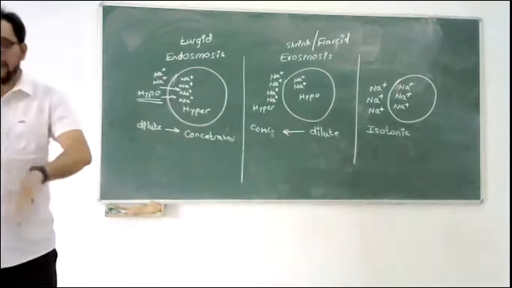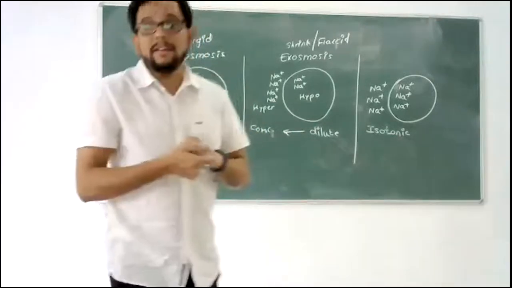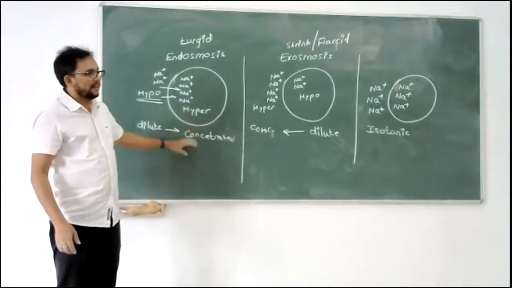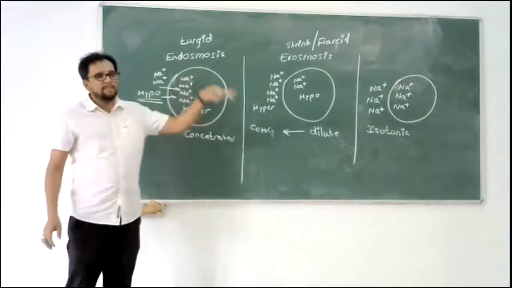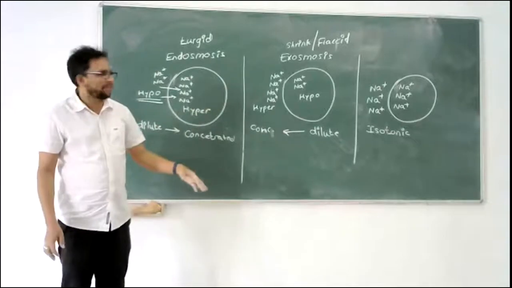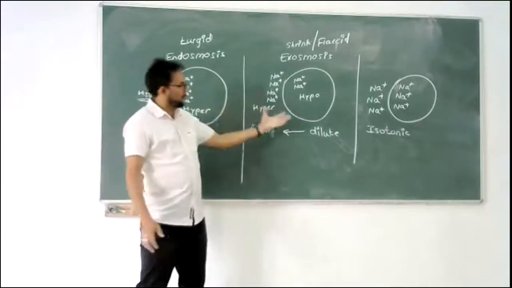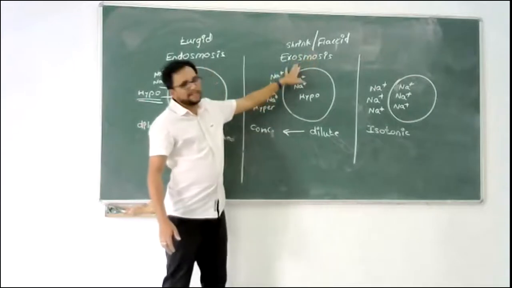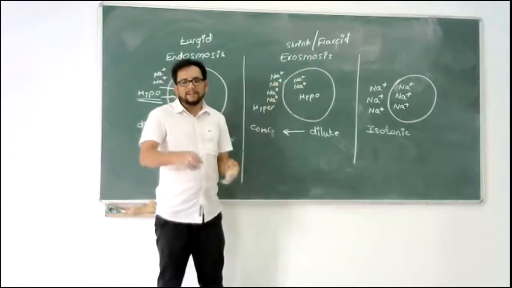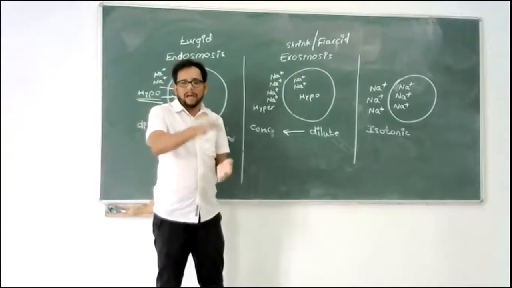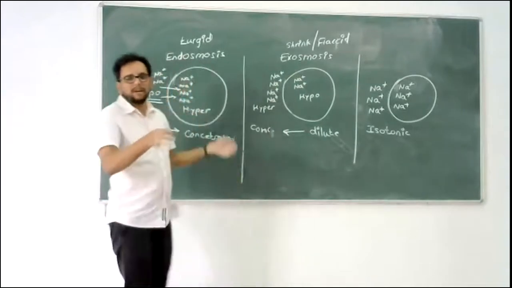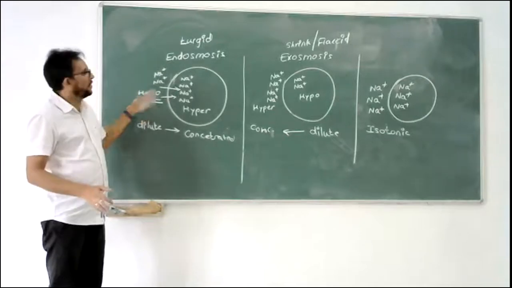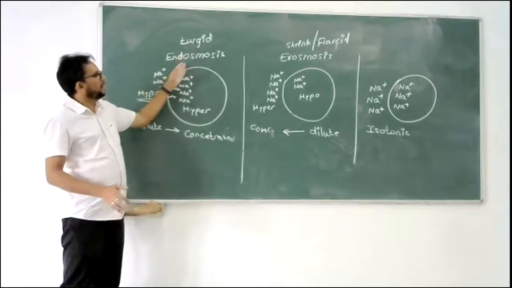I hope this part is clear because again, several different situations can be given in this case. Let's say I take a cell and I put it in a concentrated solution. Concentrated solution, that means a situation like this. Let's say I mention an example. I pick up a single cell and put it in hypotonic solution. That means a situation like this, right? So then the cell has to be exhaustless.